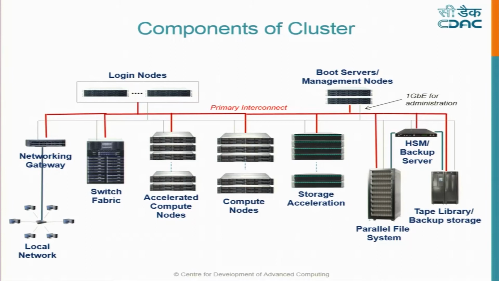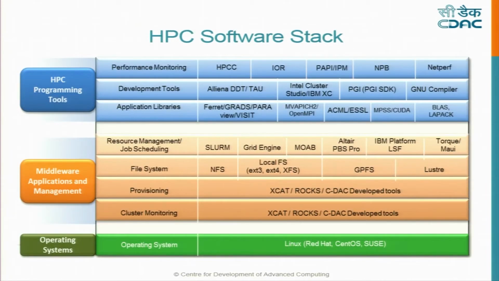Okay. So this has to be supplemented by a stack. I will briefly tell, without going into much detail, what it is. At the base are the nodes. On top of each node there will be an operating system. This is a lightweight operating system: Red Hat, CentOS, SUSE, even Fedora you can use, but it's lightweight. It doesn't have print services, it will not have file services, because you don't need them. You want it to be very small in size so that most of the time is devoted to running your code, and the OS will only give you some basic features like starting a process, spawning a process, etc. So that's a lightweight OS.